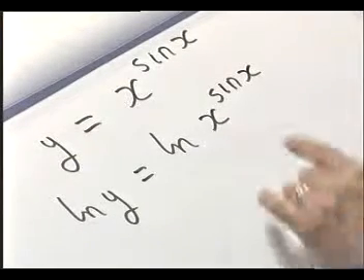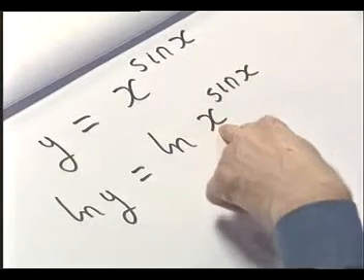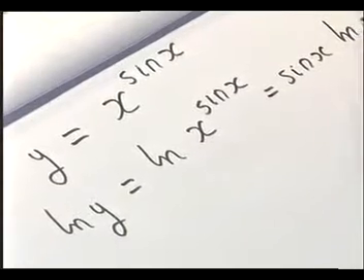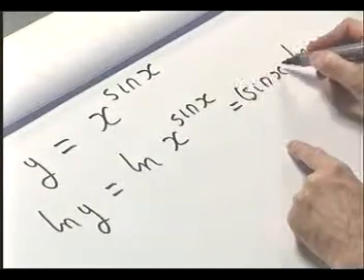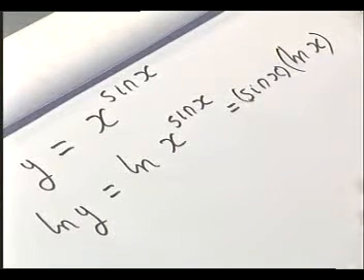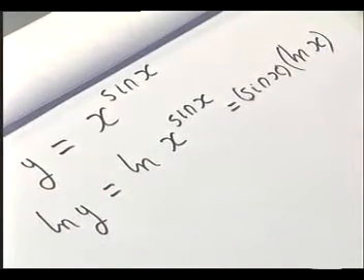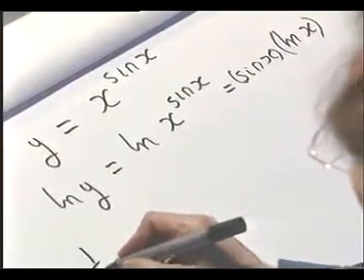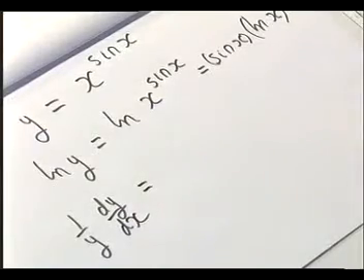And if we remember, by using our log laws, when we raise the function inside the log to a power, then that's just the same as multiplying the log of the function by the power. And now this is a straightforward product. It's sine x times by log x. And we know that we can differentiate this. What about this at the left-hand side, log y? Well, if we're differentiating with respect to x, we can differentiate this, log y, implicitly. And so the derivative of the log of y is 1 over y times dy by dx equals,